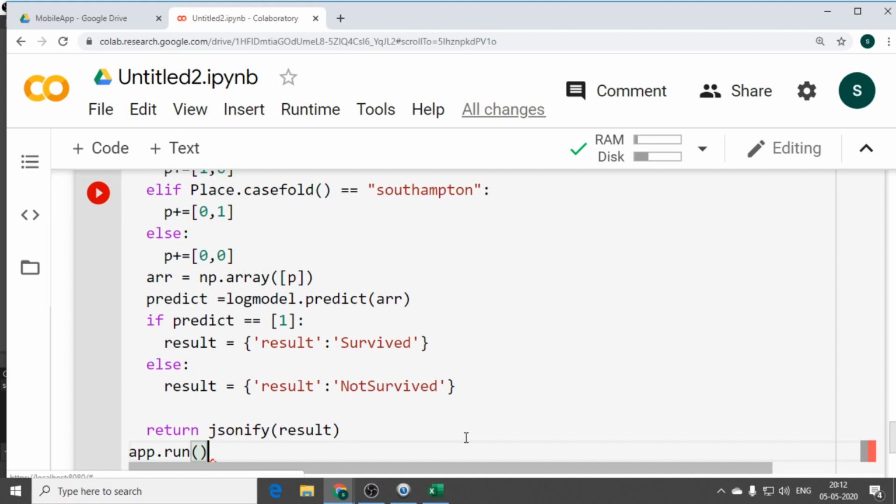I gave all the conditions and we are trying to convert that into JSON format, and we are trying to initialize the app. I cannot paste the same code because it is lengthy.